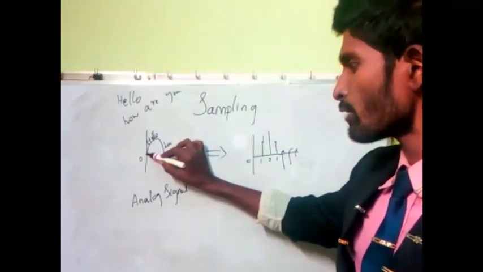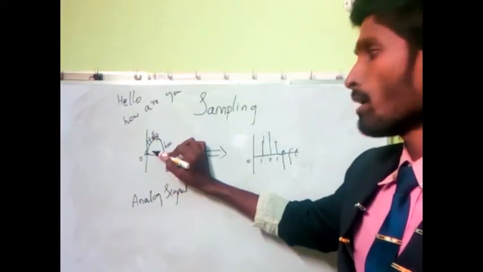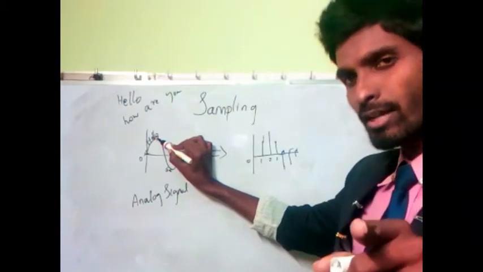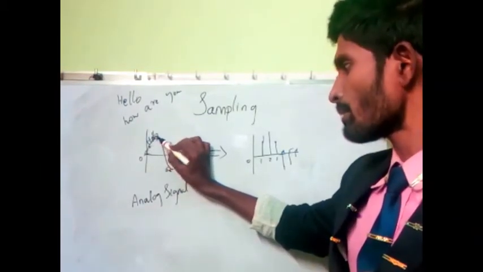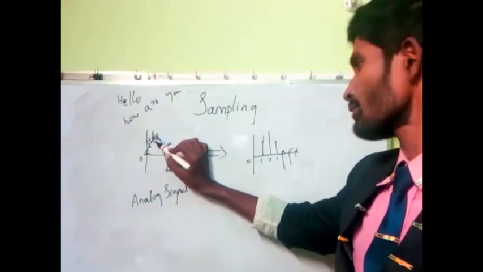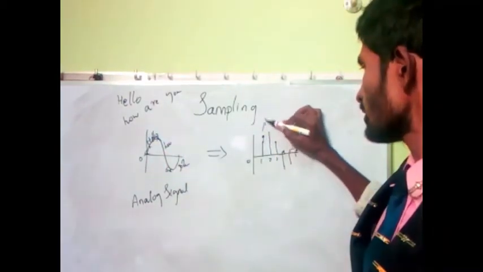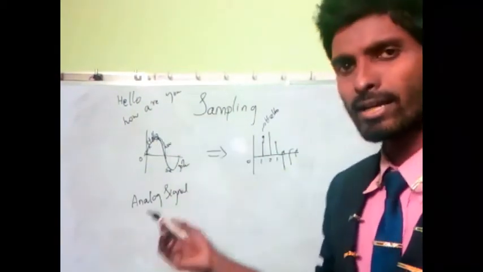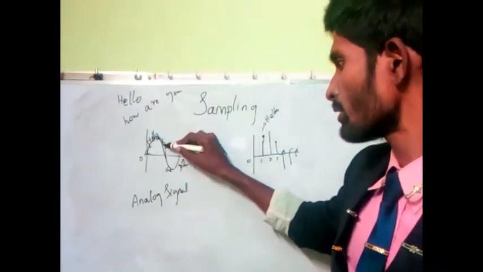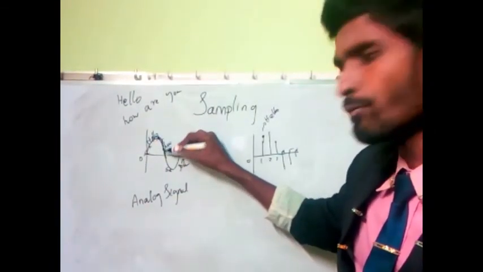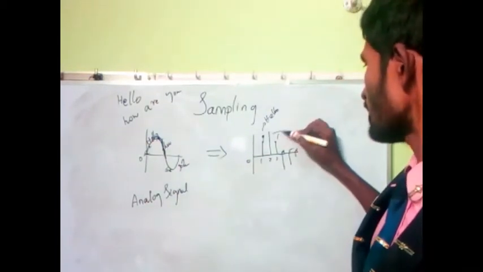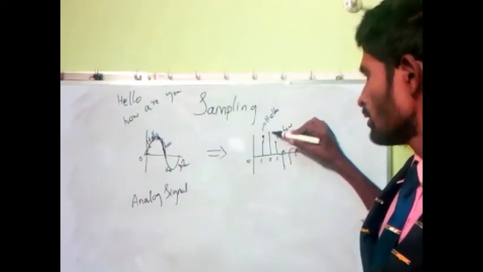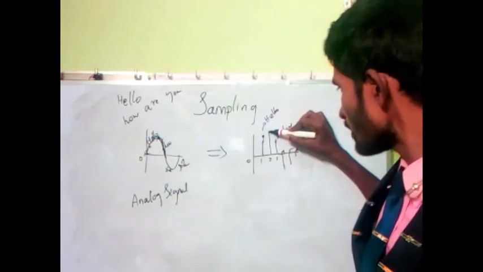Now "hello" means, from here to here it's a "hello", but at some point only you will get the maximum strength of the "hello". It may be here, it may be here, but anyway we may take the highest case. So this is the point where I get the signal of "hello". Likewise, this complete line will give the "how". From here I may get "how", from here also you can get "how", and from here also you may get "hello".